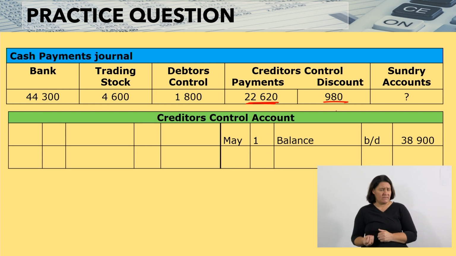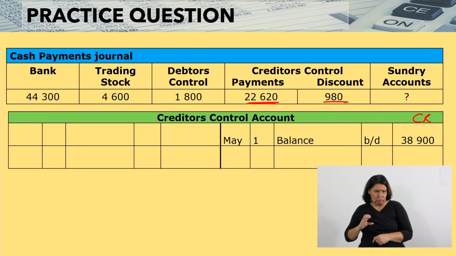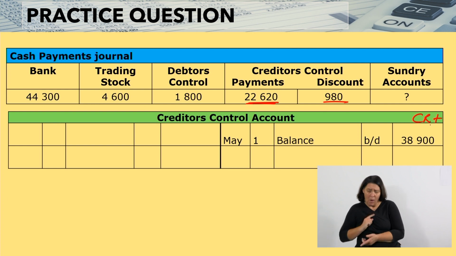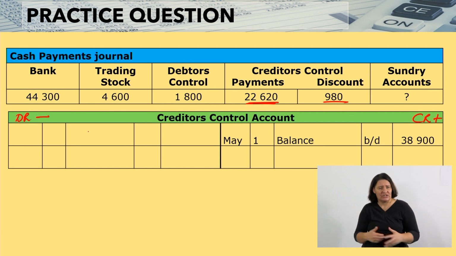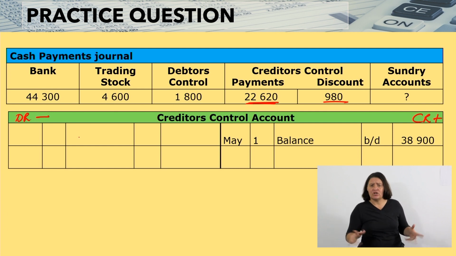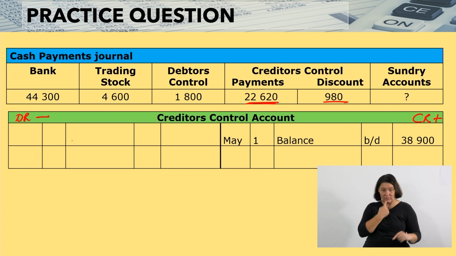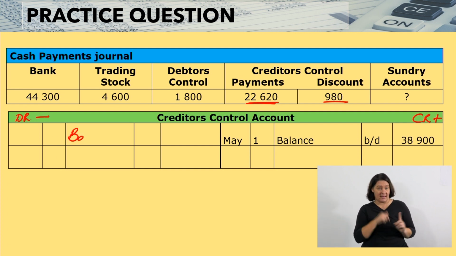The question then is, do I credit my creditors control when I pay them or do I debit my creditors control when I pay them? Definitely we should debit. When we pay our creditors, it decreases the amount that we owe them. So I will come to my debit side and I am going to say bank. How much did we pay? From the CPJ, we have paid